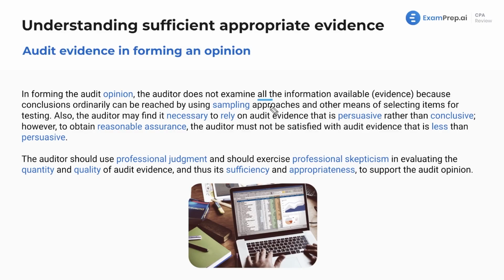Well, bank statements maybe it's different because it's cash, right? Cash is pretty important. But we are not going to examine every single piece of evidence because we're going to sample. We're going to sample parts of the population and get evidence and assess evidence just for those selections. Now, you might think, why don't we just do everything, right? Like if it's easy enough as just dragging down a formula in Excel to assess everything, why don't we do